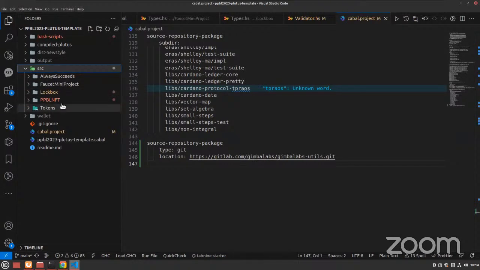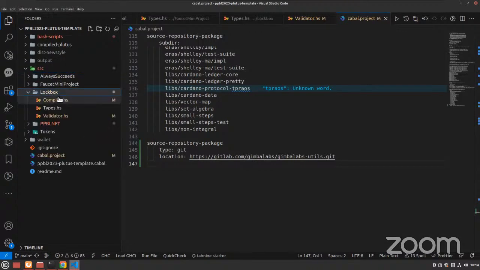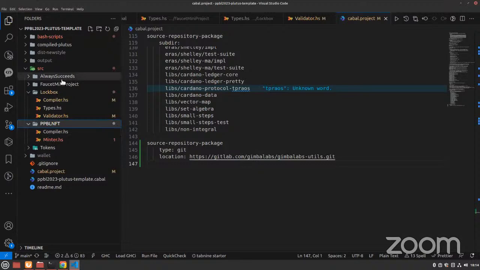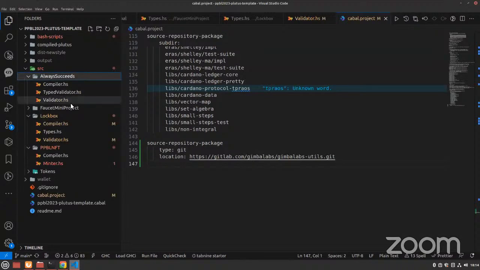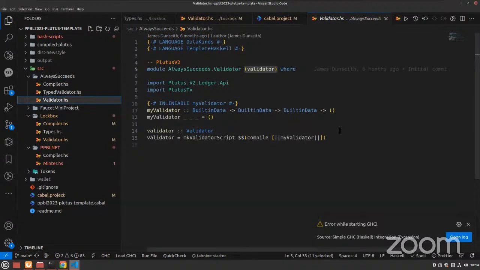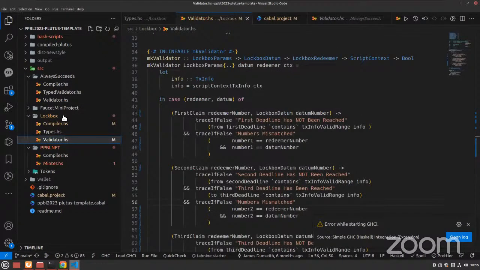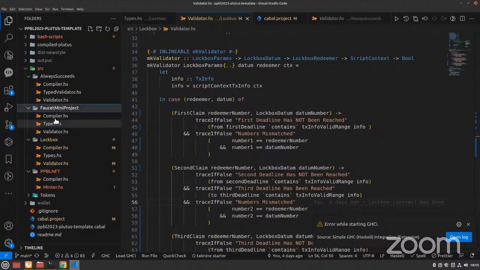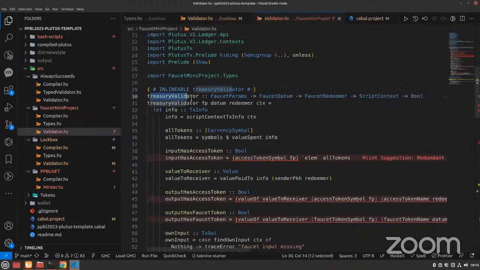you have access to this repository, which consists of all the smart contracts we were talking about throughout our course. I made this lockbox contract, but it doesn't matter, it could be another contract, for example the always succeed contract. We see that there is this function, but it maybe doesn't tell you that much about what's going on. So let's look at this lockbox, or even actually the faucet. So in the faucet, you see that we have this treasury validator, which is a function,